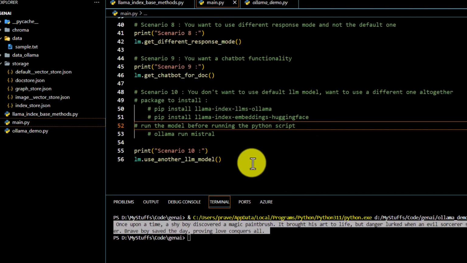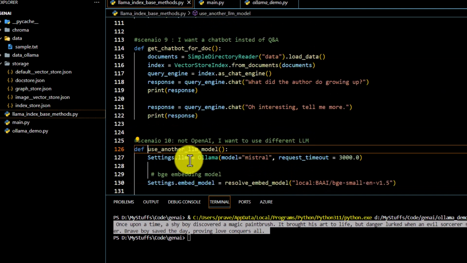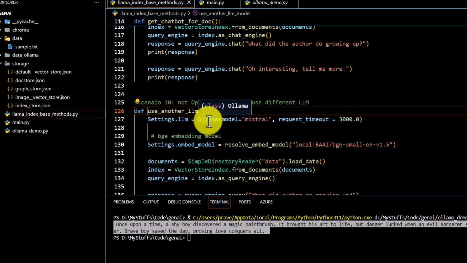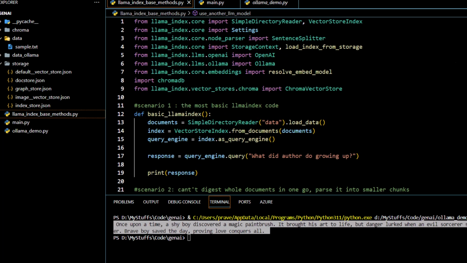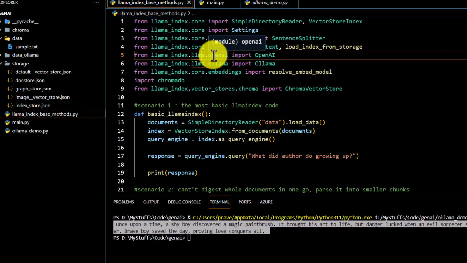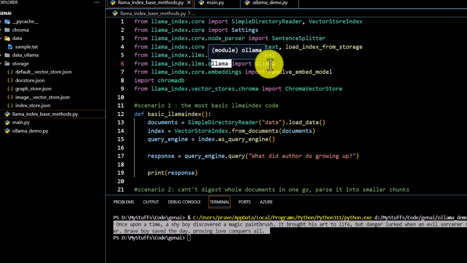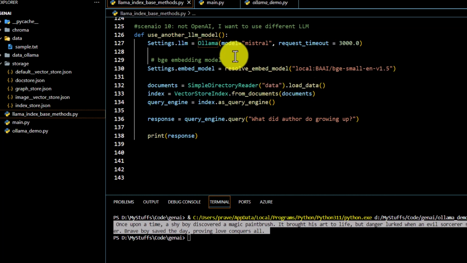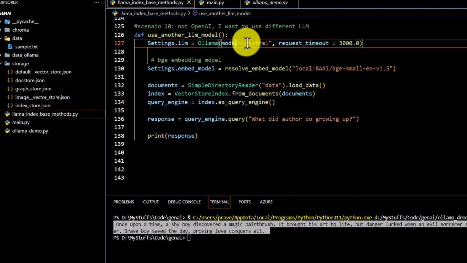So I will go to my main application, and here we will try to customize the LLM model altogether. You can see this Ollama is coming from LlamaIndex. Under LLMs, we do have this Ollama. Earlier we were using OpenAI. Now we are using Ollama, and with that we are just importing Ollama. Once you have imported Ollama, you can pass the model over here, which is going to be Mistral, and then